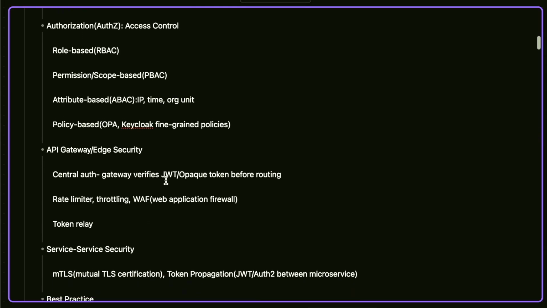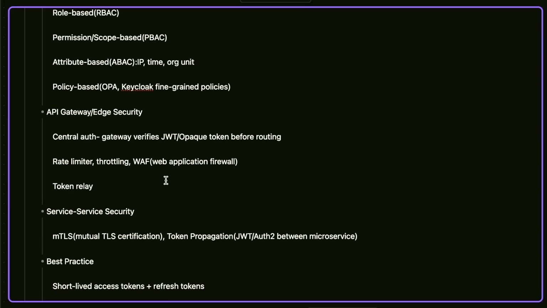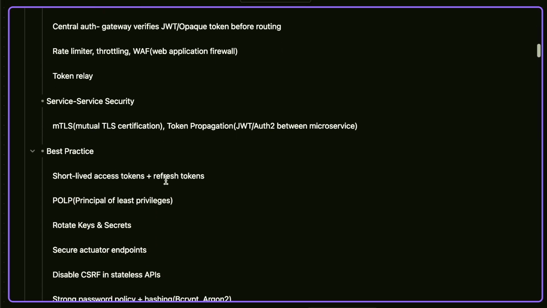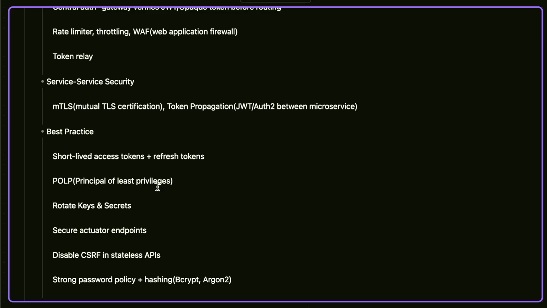Then we have API gateway, edge security, where we implement centralized authentication, where gateway verifies JWT or opaque token before routing. Then we have rate limiter, throttling, and web application firewall in Spring API gateway. We can also implement token relay. Then we have service to service security, like mutual TLS certification or token propagation, where we pass JWT or OAuth2